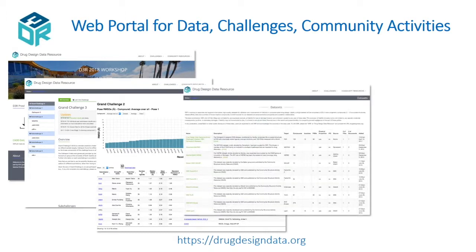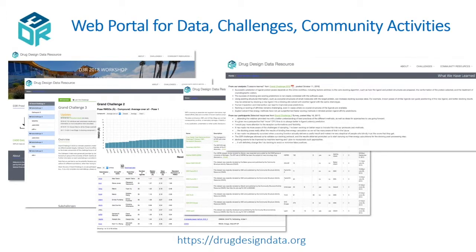And then finally, the data sets themselves actually go up. Once the challenge is closed, we assign them a DOI so they can be referenced in a stable manner, and the data themselves, as Romy mentioned, are deposited respectively into the PDB and the BindingDB. And finally, we try to capture some of the things we've learned. This is the What We Have Learned page from these processes for general use.